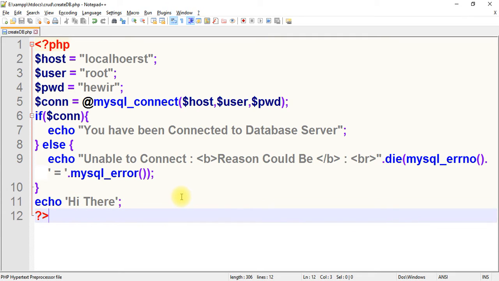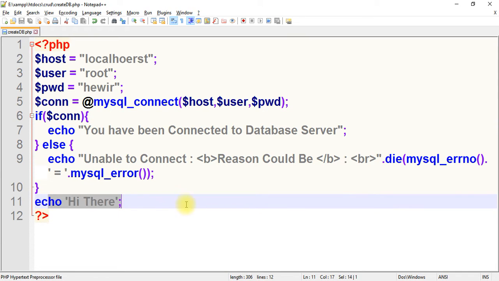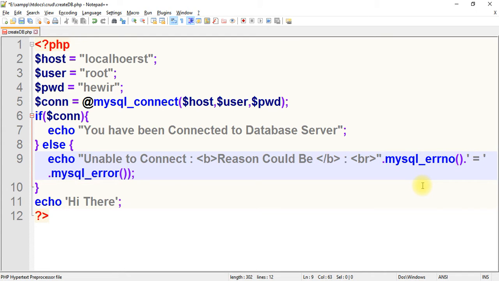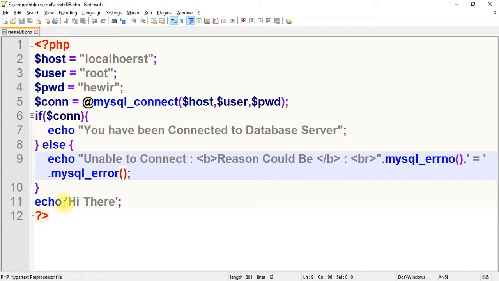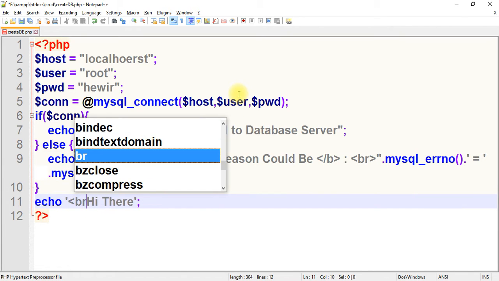and this is something apart from the if condition. We are not in the if condition, we are out of the if condition, and I do not write anything in die and just go for writing this MySQL underscore error. So if I write like this, what happens? Let's see. When I execute this, it's going to explain the possible reasons, and let's make a break here. Okay, so I'm using a break,